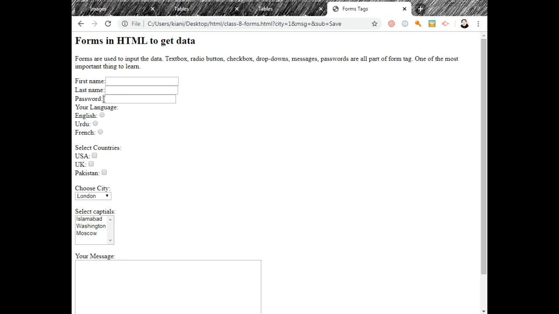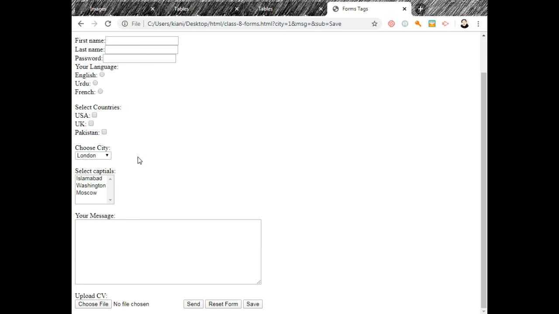This text box starts from here, and this radio button is here, this checkbox, so there is no alignment, this form is not looking good, right? But this is a plain form. This is where we start our coding, and we will extend it to make a complete form inside tables in the next lecture.